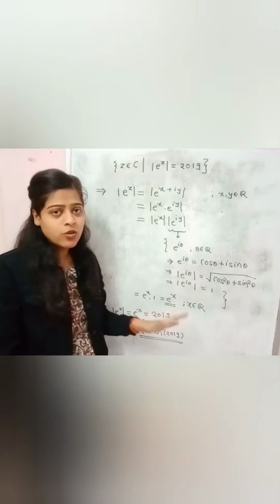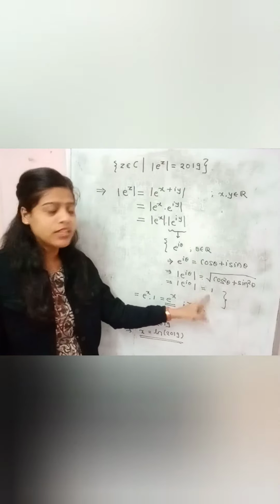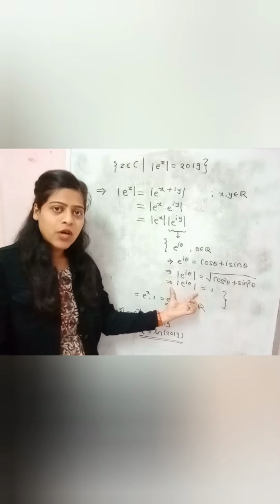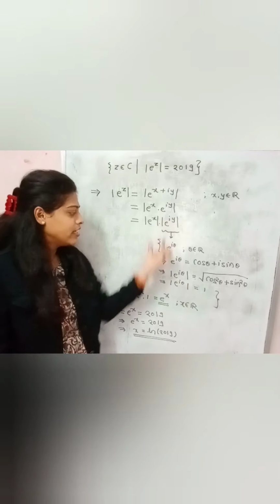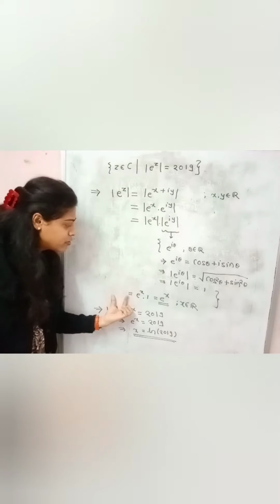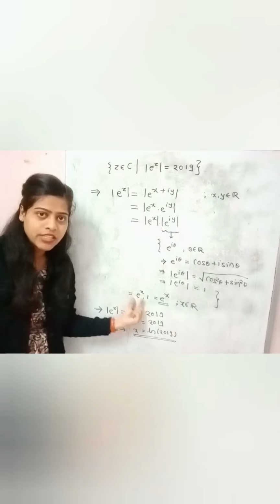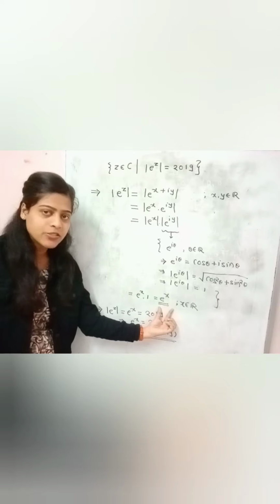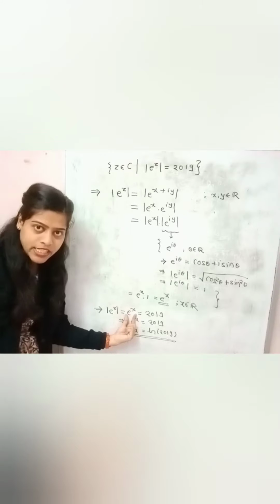And we already know that this is a fundamental identity and its value is equal to 1. That is the square root of 1, and the square root of 1 is equal to 1. Then the modulus of e raised to i theta is equal to 1. When we replace theta by y, its modulus also gives the value 1. That is, the modulus of e raised to z is equal to the modulus of e raised to x, which is obviously equal to e raised to x because x belongs to the real numbers, into 1. So the answer is e raised to x. That implies the modulus of e raised to z is equal to e raised to x.